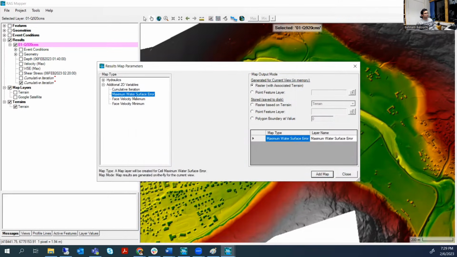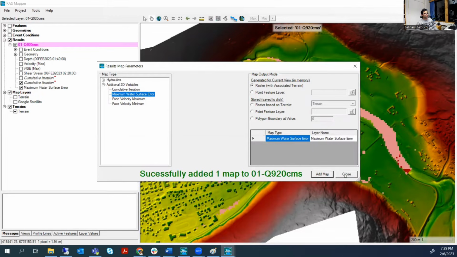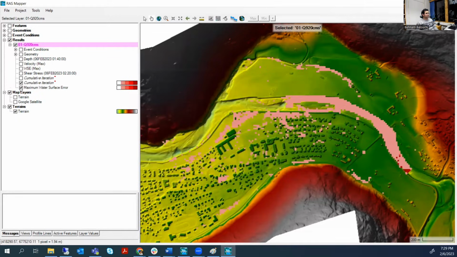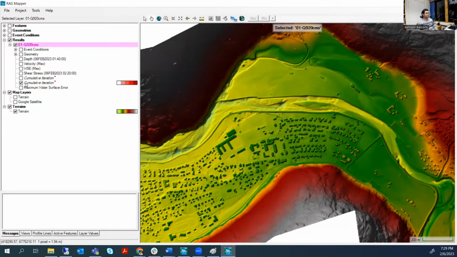Cumulative iteration or maximum water surface error. Here we don't have any special cumulative iteration, and actually it's not reading, but then on the cells you can see, for example, maybe here